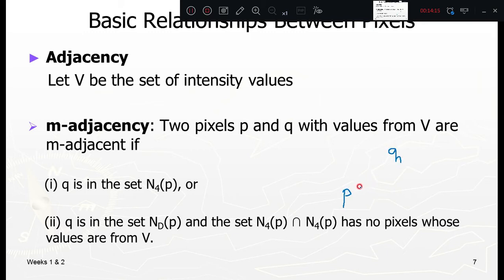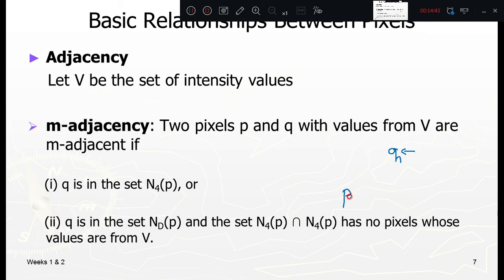What I told, it is a mixture of both. Now there are two conditions to be satisfied for m adjacency. The very first condition is that Q is in the set n4 of P, or Q is in the set nd of P, and